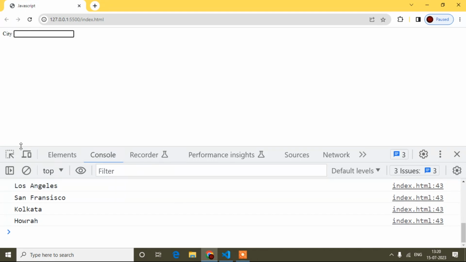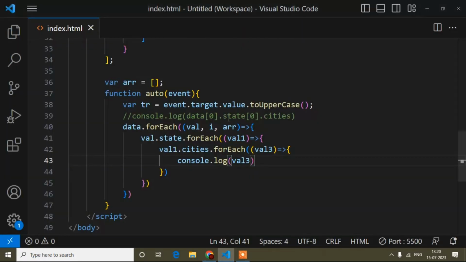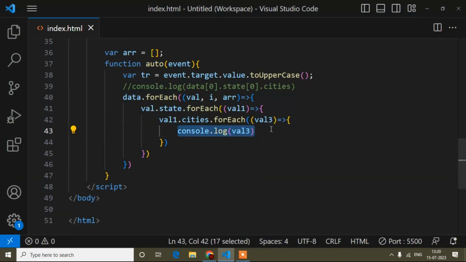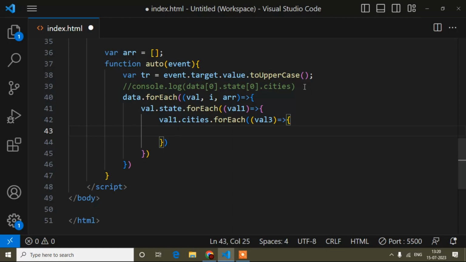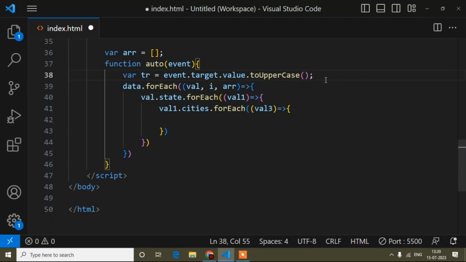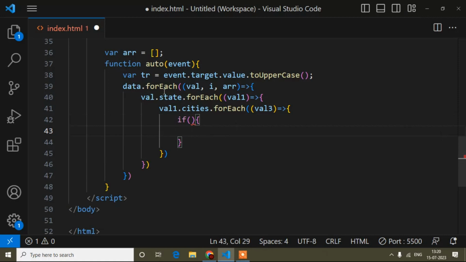So now here what I will do is write the condition again. So I will remove this console, and I will remove this console. You have understood, right? How I have written the loop for this one. So I will remove this one. And now here, after that, I will write an if condition. So if this tr